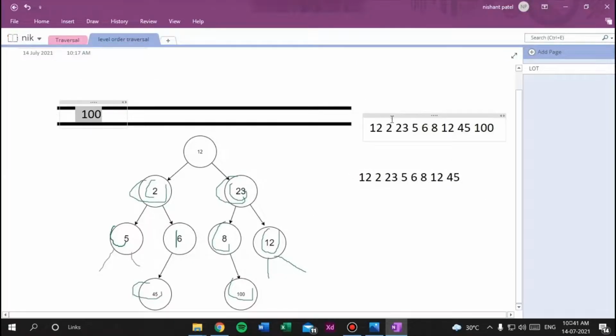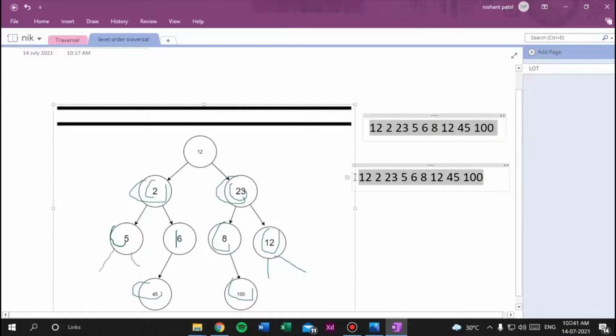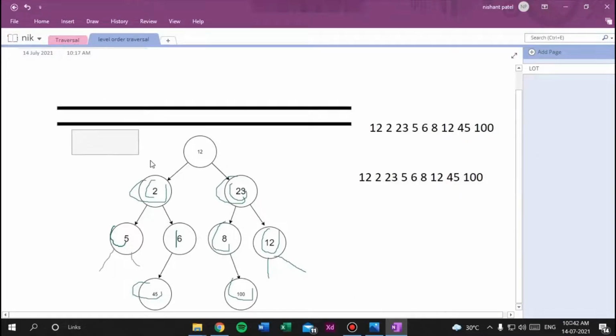Again we will remove 100 from the queue and store it into the answer. So here you can see 12 is level 0, 2 and 23 are level 1, 5, 6, 8 are level 2, and this is our last level. This is our answer, and this is our level order traversal for this example.